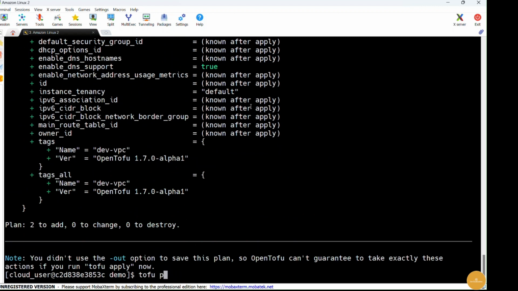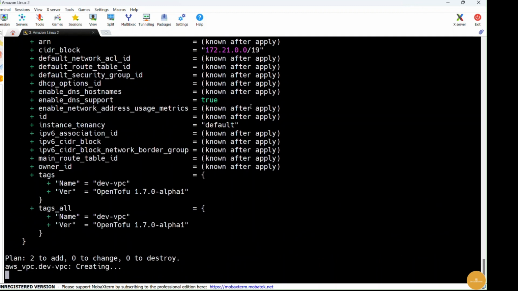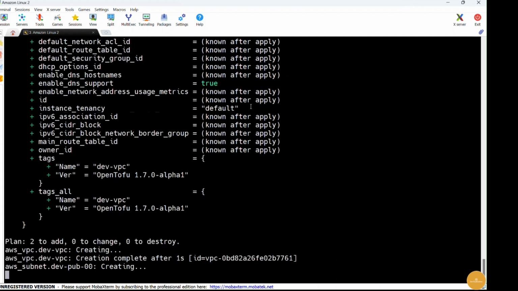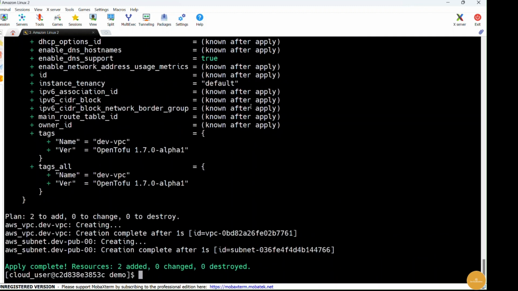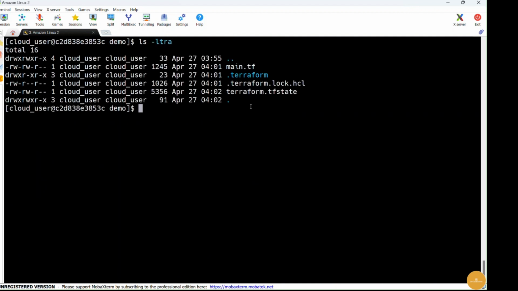But as of now, in this demo I'm using it only for the state file. Once after apply, it generates the state files, right? So we will see the state file here. Let me list the files. I have a state file generated,